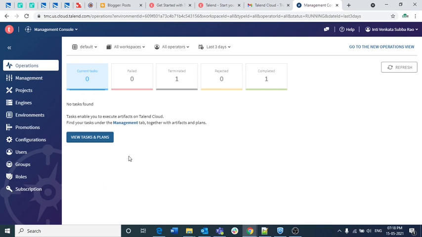So in this lecture I will just keep it to connecting to the Talent Cloud, how we need to install the Talent Cloud free version, and how we need to download the Talent Studio from the